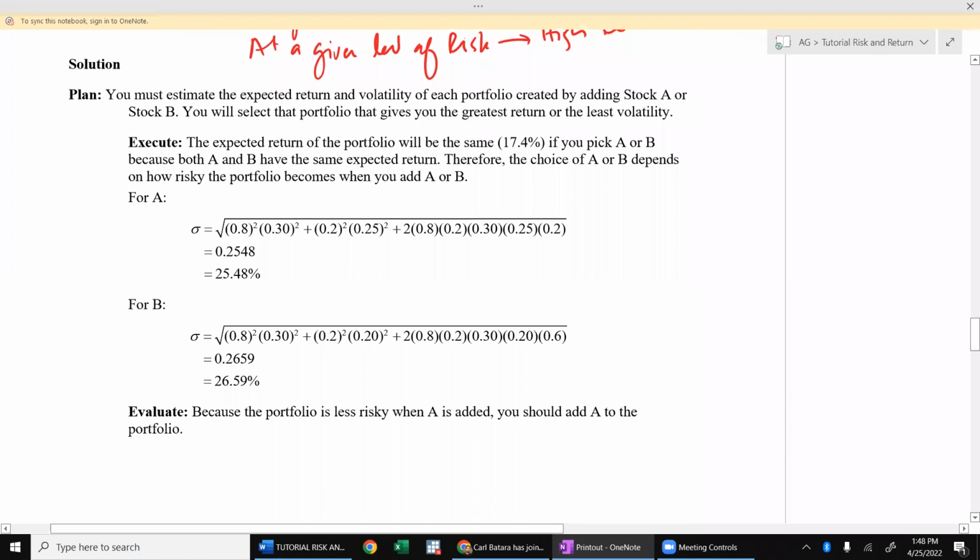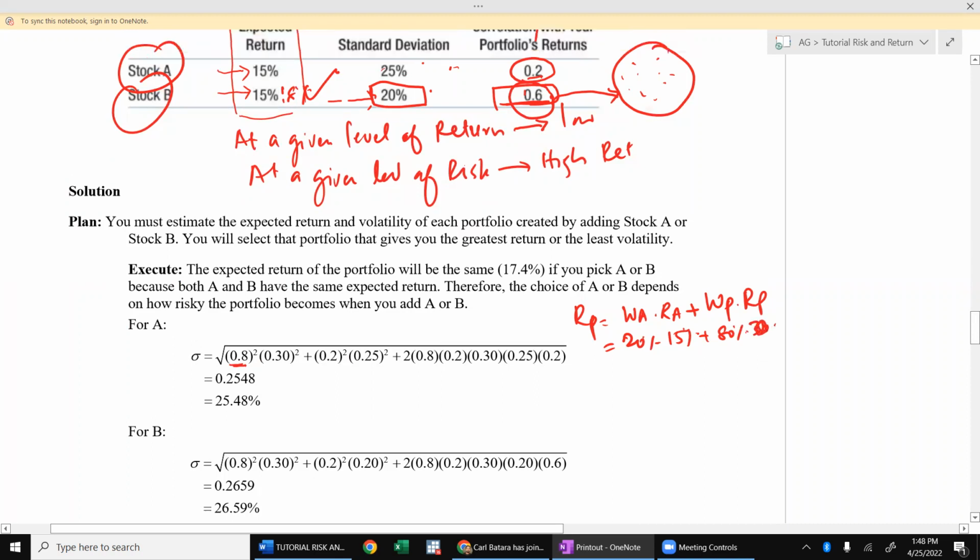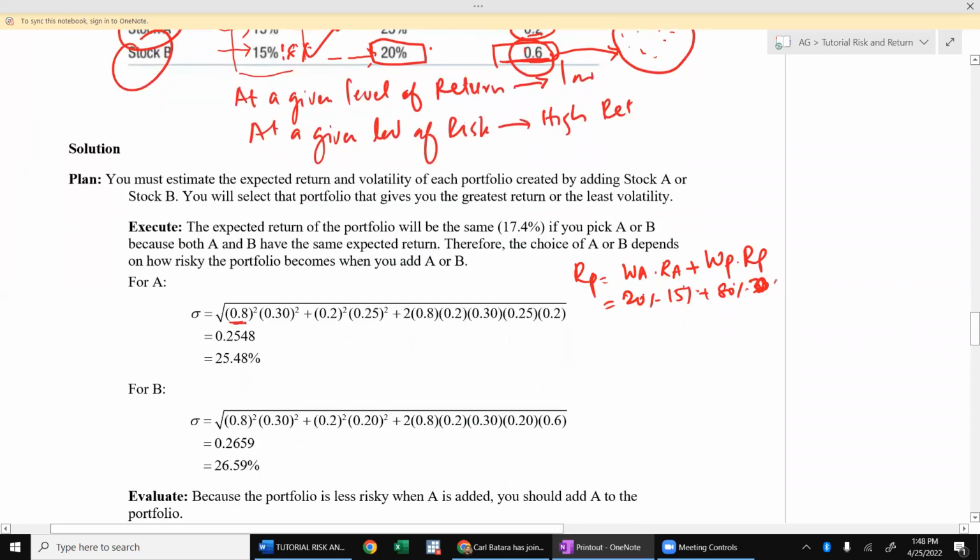So the first situation is that you are putting 80%. The return would be the same for both of them, right? If you calculate the return of the portfolio, it is weight of A times return of A plus weight of portfolio times return of portfolio. Weight of A is 20%, return of A is 15%, weight of portfolio is 80%, and return of the existing portfolio is already 18%. Okay. If you add B,